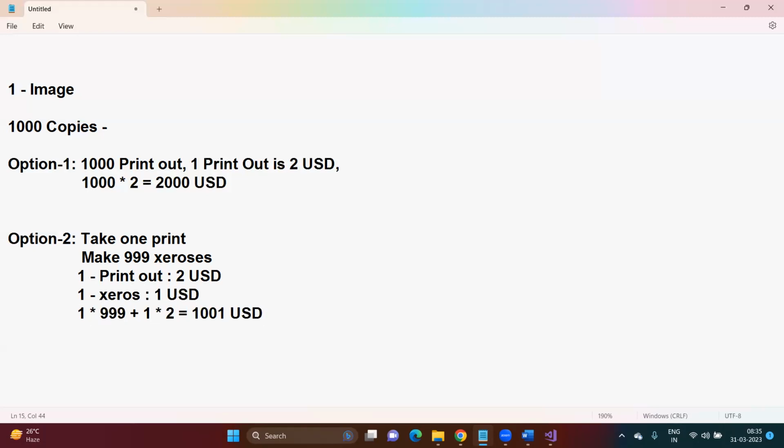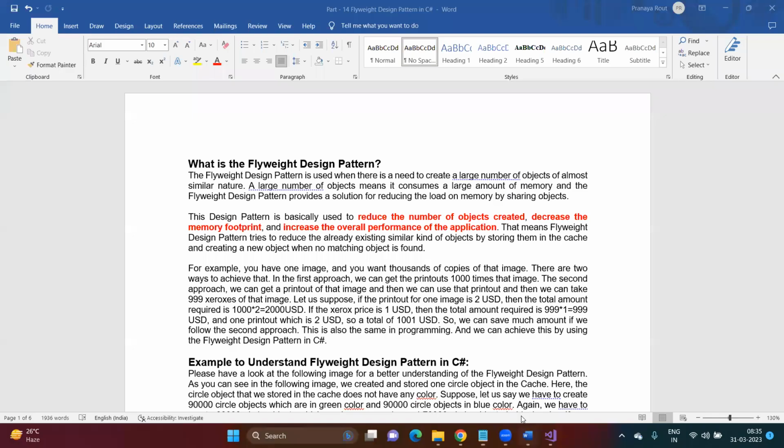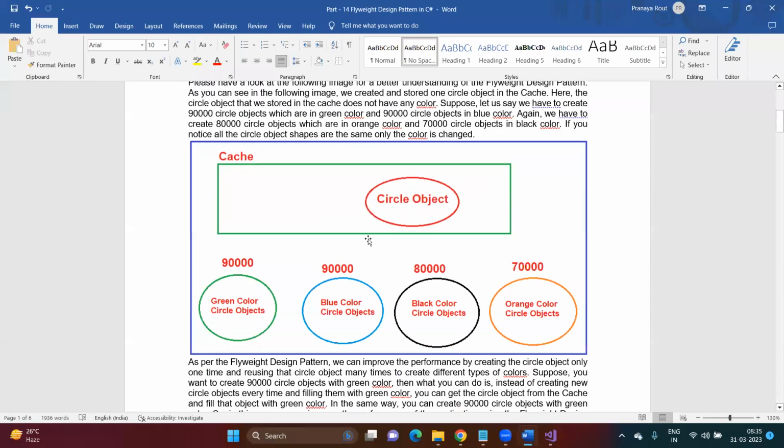Option 2. This option 2 that I'm showing here is nothing but your flyweight design pattern. So if you have one class and you want to create 1,000 instances, then create one instance and reuse that instance 999 times. Let us understand this with one example. Suppose